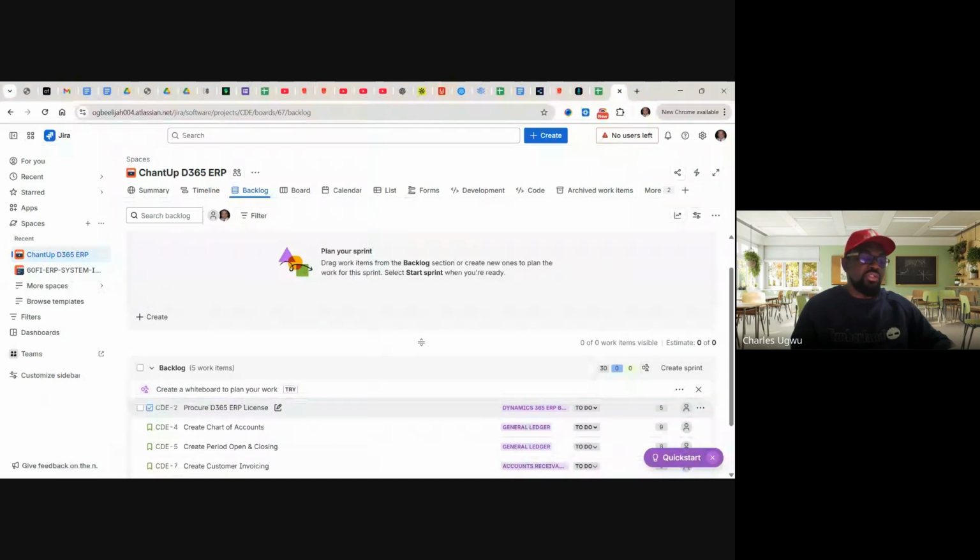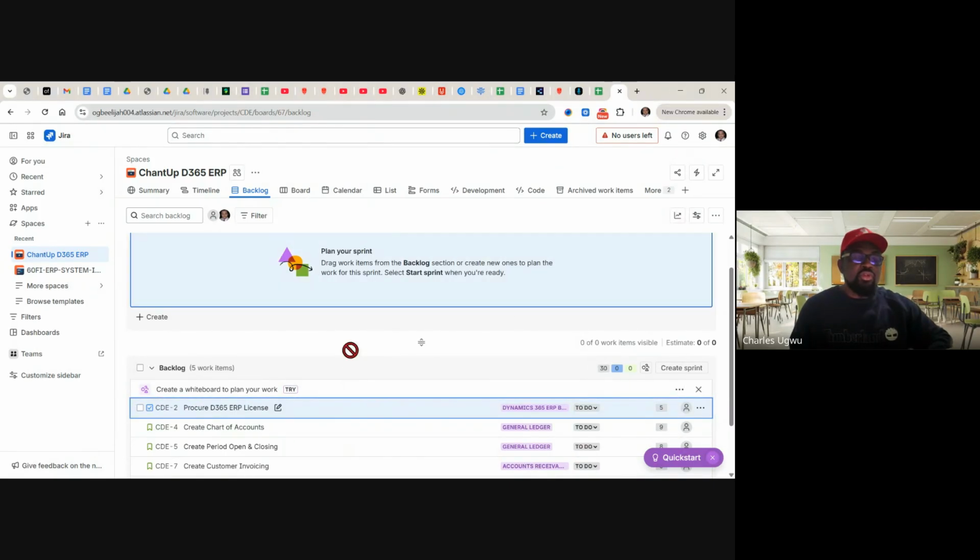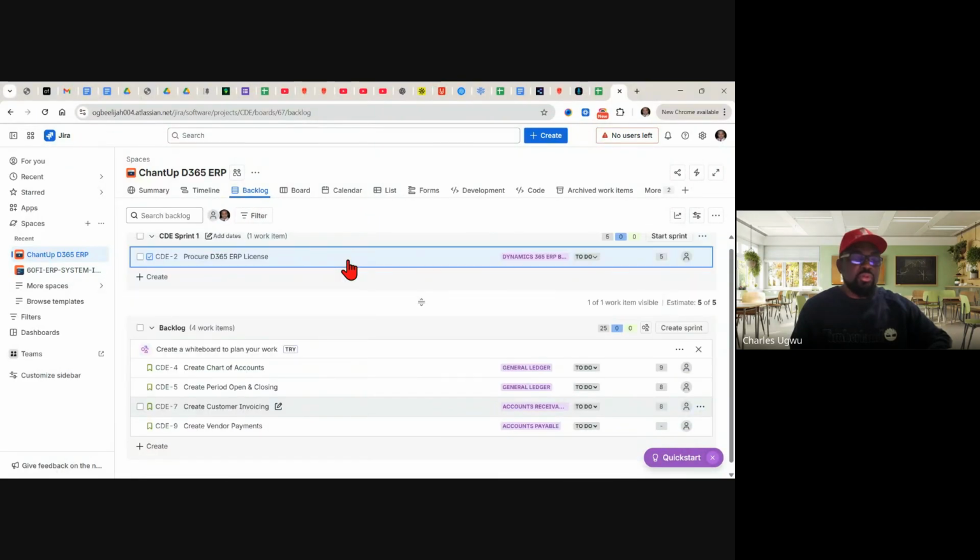So this is sprint environment. If we want to start a sprint, all we need to do is move work items from here to sprint. And that is what we are going to do. So we call it sprint planning. So we start moving. You see, I'm dragging and dropping. That's what we do, drag and drop.